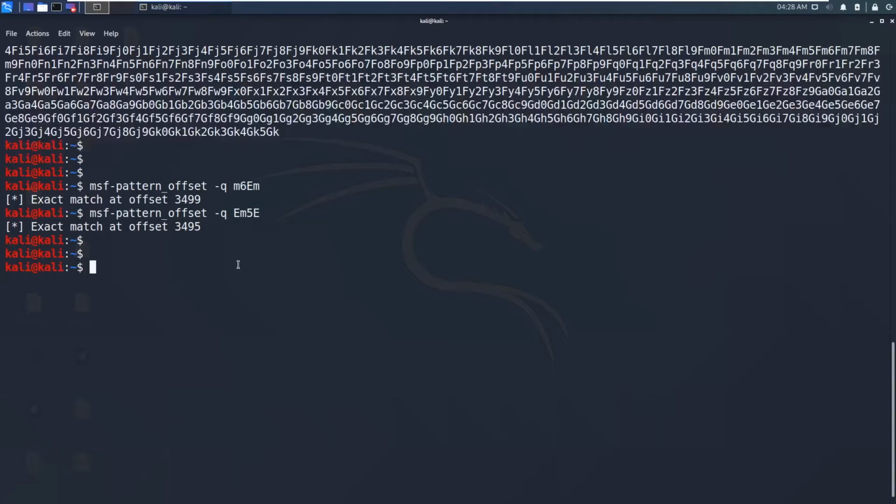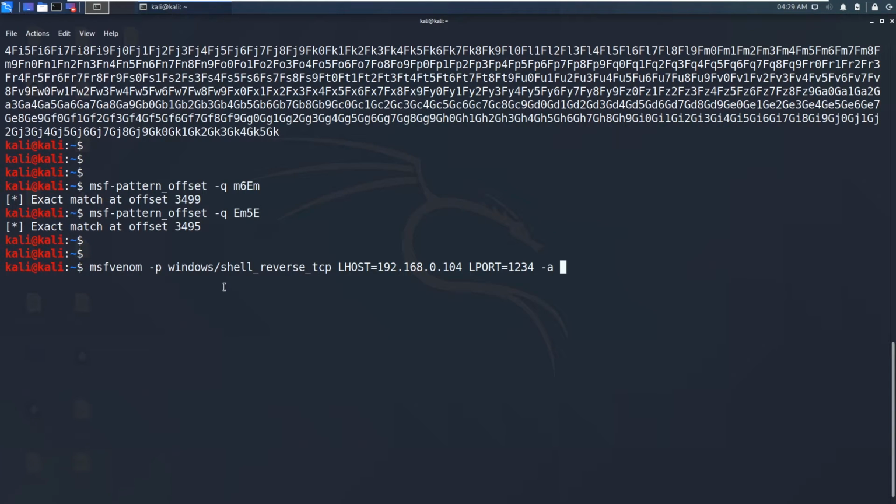So let me go ahead and create the shellcode. msfvenom windows shell reverse underscore TCP and lhost. I'm not going to find the bad characters now.